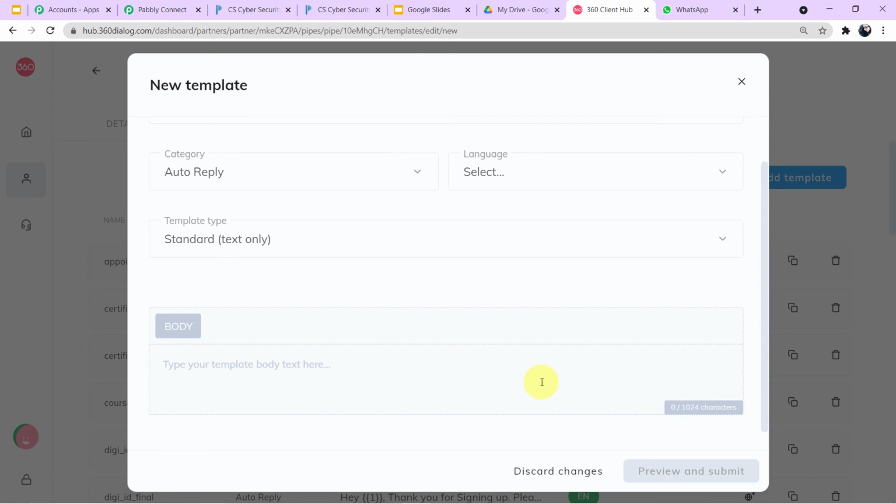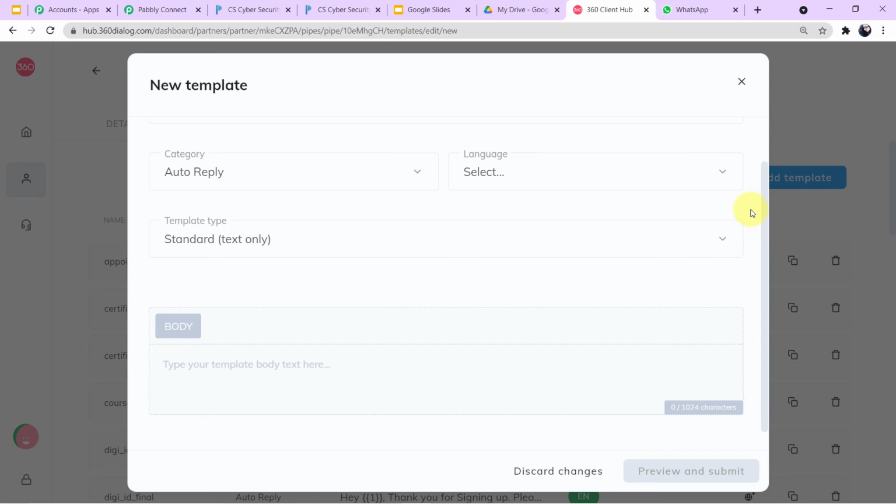The body of the SMS will be standard, which will be sent to every student of yours, just the variables will change. Now after entering the body of the SMS, you have to click on preview and submit. After clicking on preview and submit, guys, this template will go for approval. The approval process is done by FB, and it takes from 2 hours to 2 days.